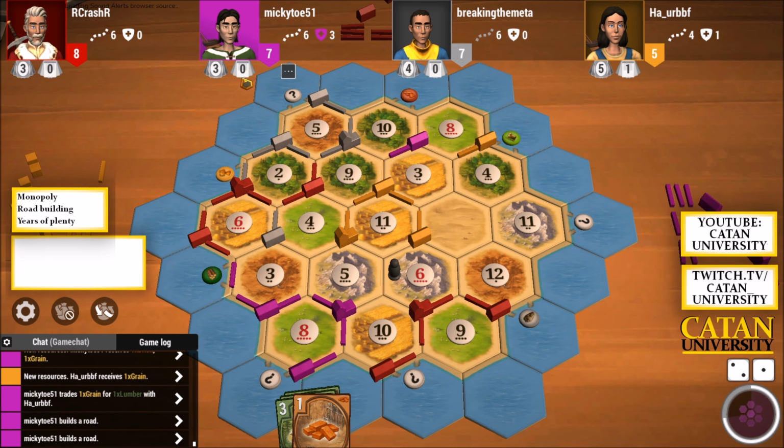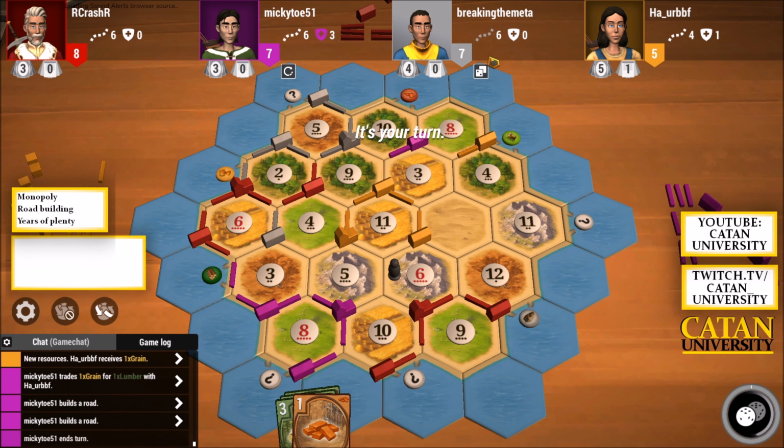Okay, so this is good for us. Purple, so this is interesting. So I have longest road. Red will not be able to extend his road. I guess they both will be able to extend it here. Purple could extend it as well there. So red still will win if I don't,